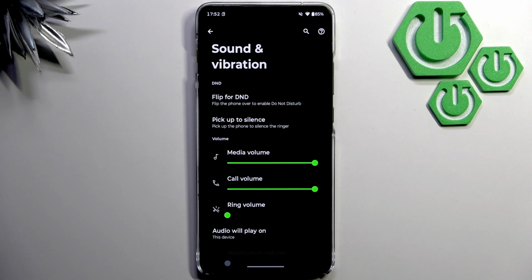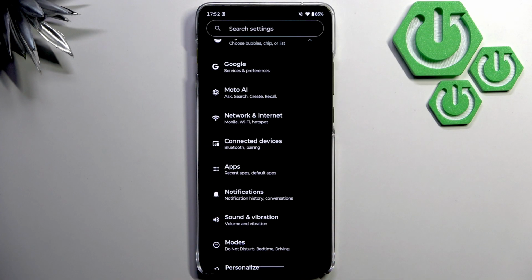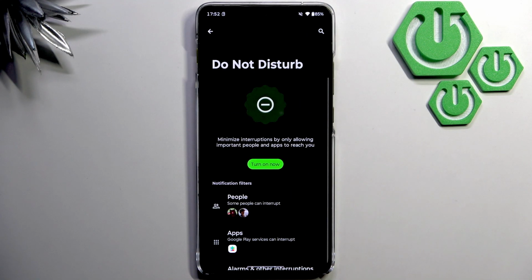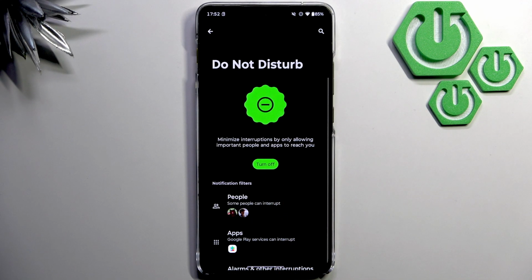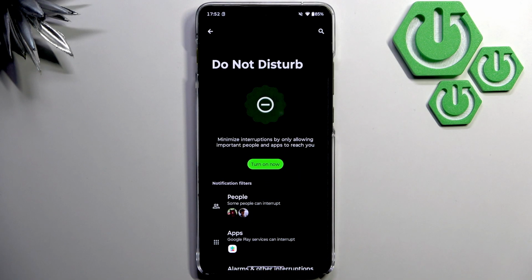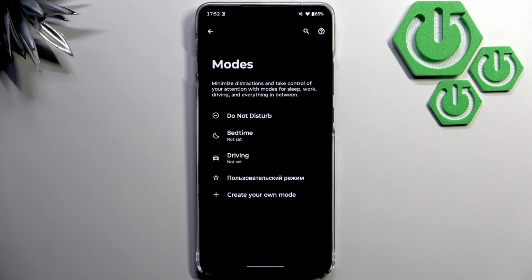Now, what you guys can do is disable the Do Not Disturb mode. So leave the sound and vibration, go over to modes, and here click on Do Not Disturb. Make sure that it says turn on now right here, because when it says turn off, then that means it's turned on. We want to turn it off, and basically it's because sometimes your Android can just glitch and lower